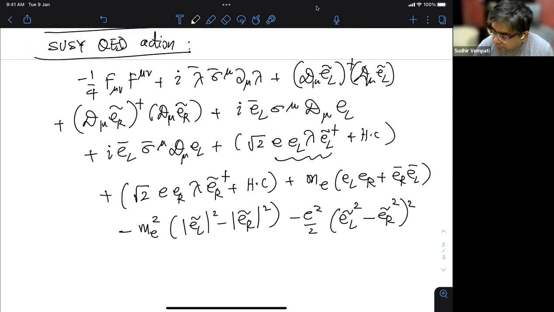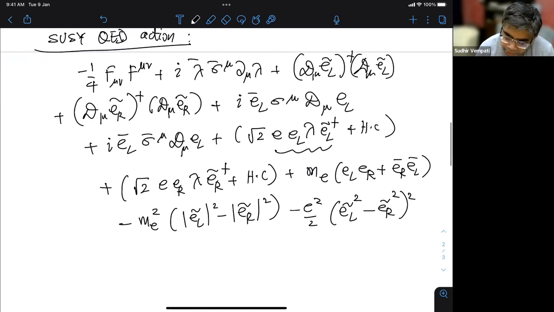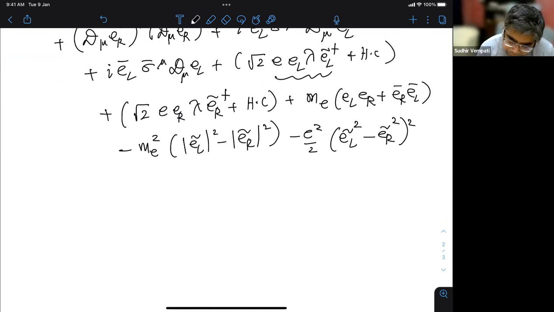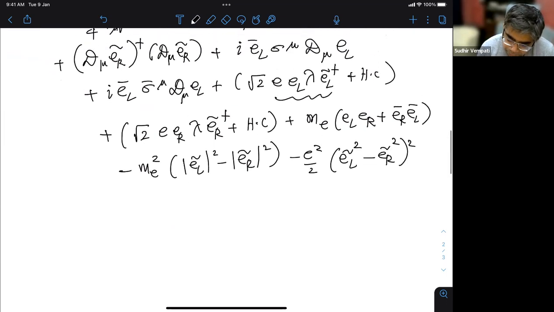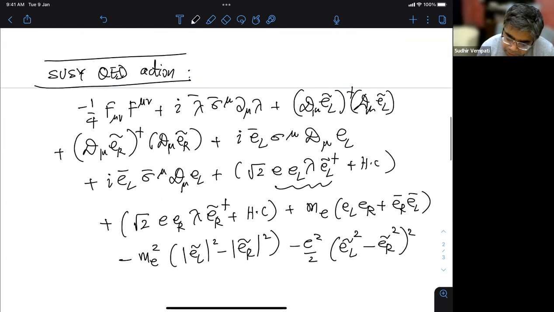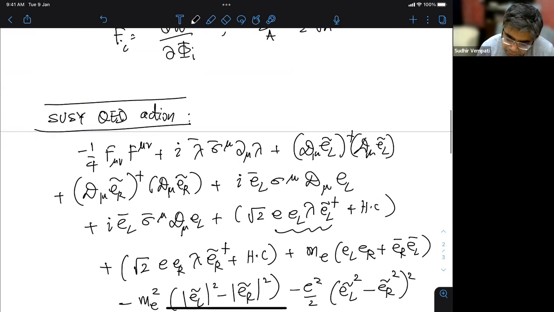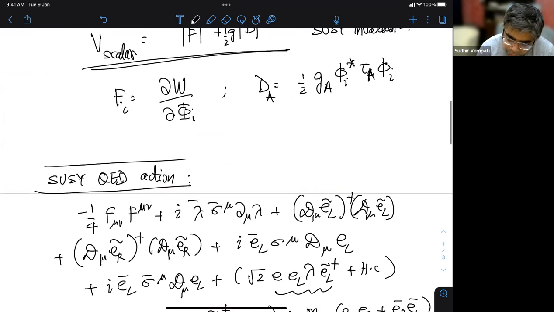So what happens when supersymmetry is broken is, we said there are three things which could happen when supersymmetry is broken, which we call L soft, okay? So it's soft supersymmetry breaking. So this is